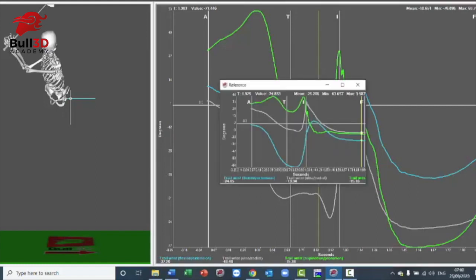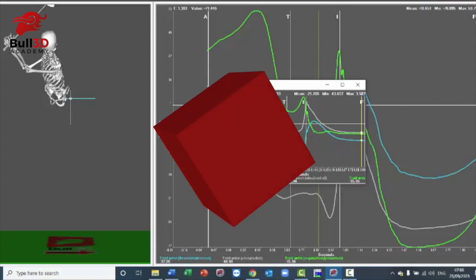Just providing a plot reference as a normative reference to relate against. The pop-up window on screen here, you're seeing very healthy, wonderful